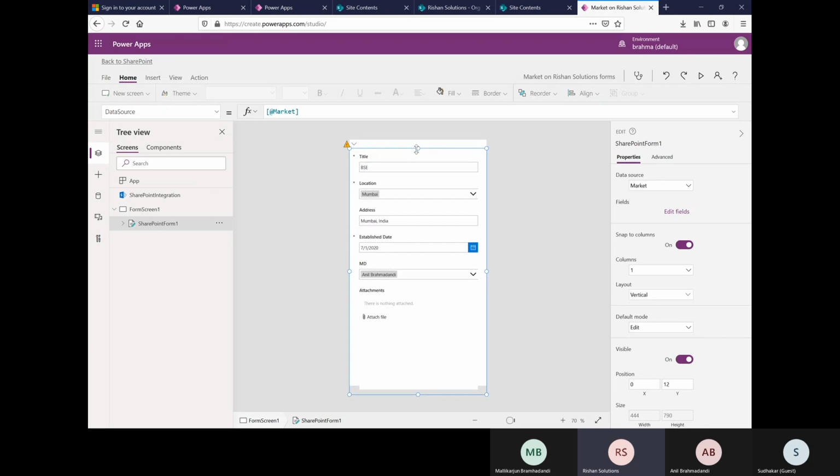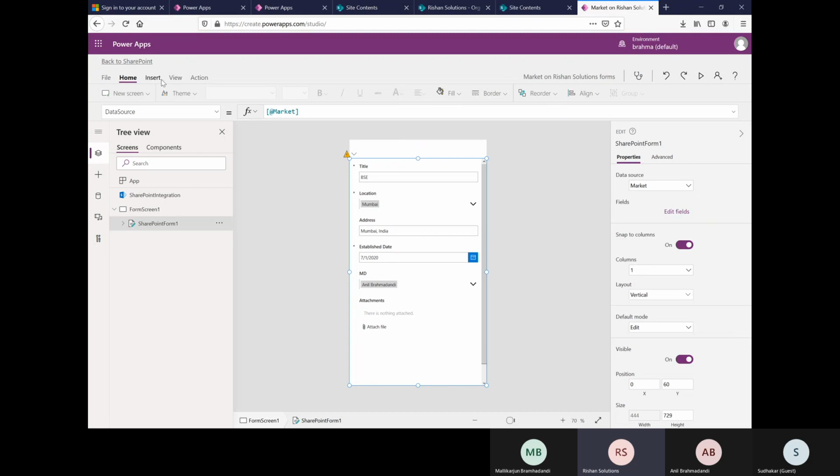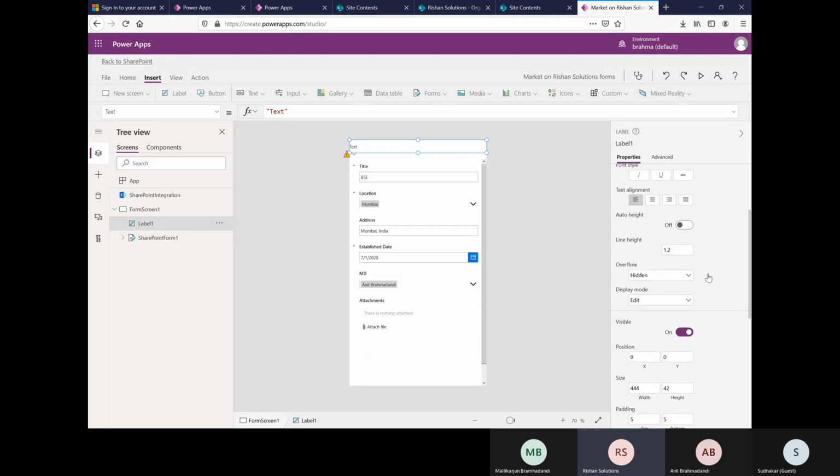And if I want to add something at the top, because it does not contain a tablet view, it contains a mobile view here. So here also we are able to add our labels. I'm trying to add a label at the top. Okay, I'll keep this label here, and then instead of using your mouse, you can use the size also here. Somewhere you can see line height, size, 444 width and 42 height. And if you want to increase this height, yes, you can increase it to 46, and you can see the change. And the font also here, and here the text,